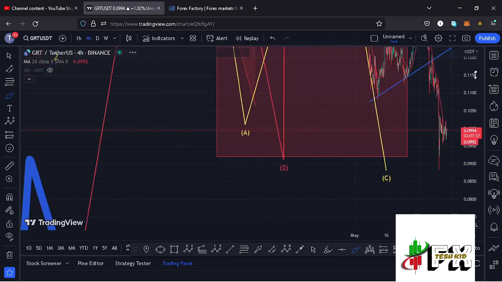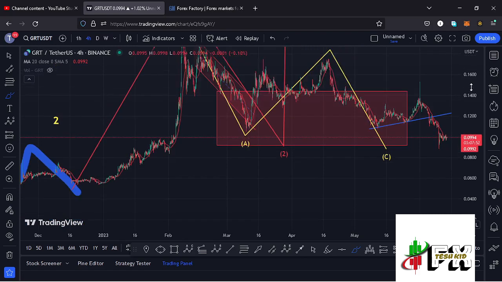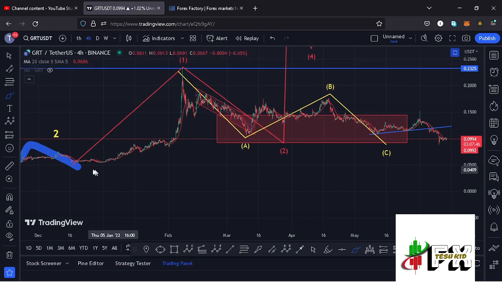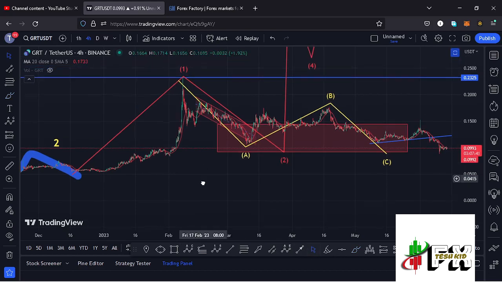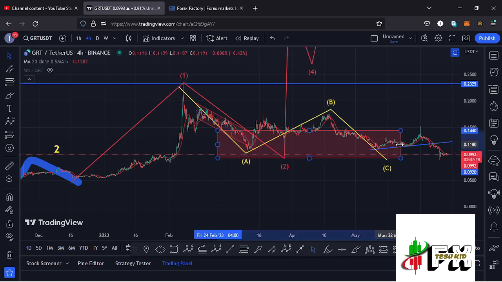And GRT has also continued to obey the Elliott structures. And jumping to the 4-hour chart for further analysis and to give you my Elliott analysis, you can see that after seeing the December lows, we started a 5-wave move to the upside, where we peaked in that wave 1, giving us a high at around the $0.2325 mark. And after seeing that high, we started a corrective structure in the formation of a larger Elliott wave count 2. Minimum target areas highlighted on the charts using this red target area,